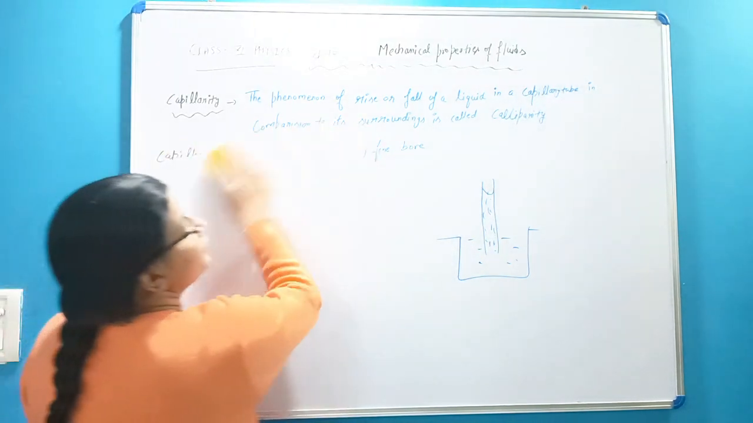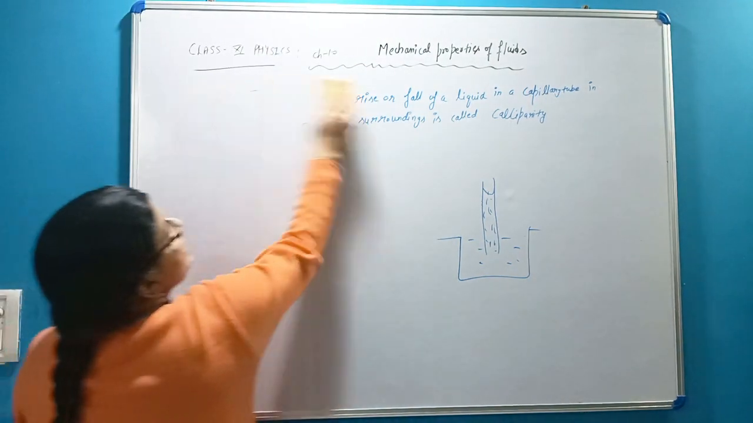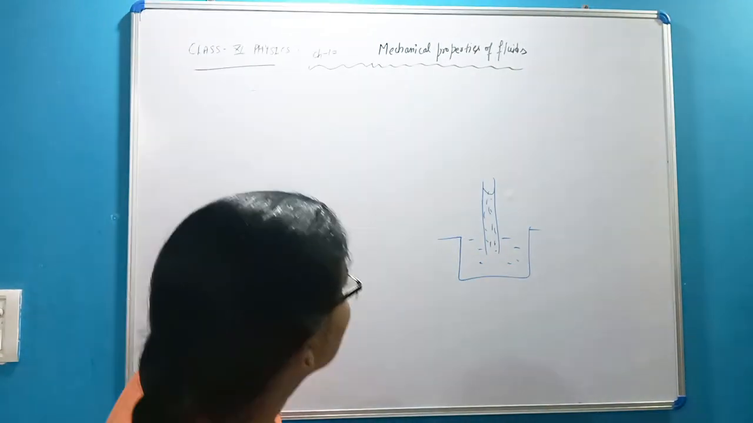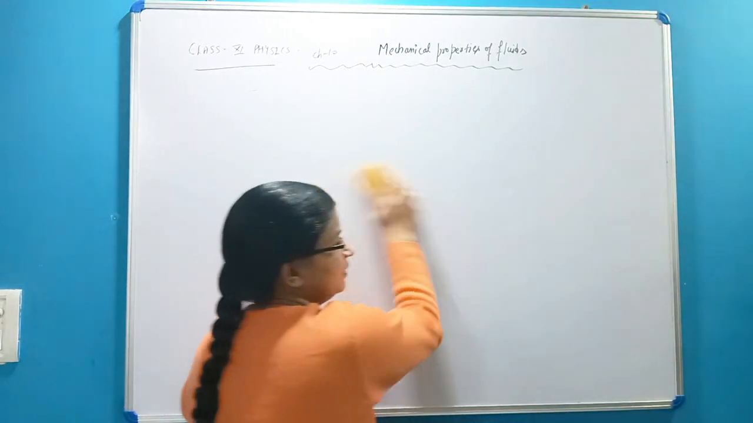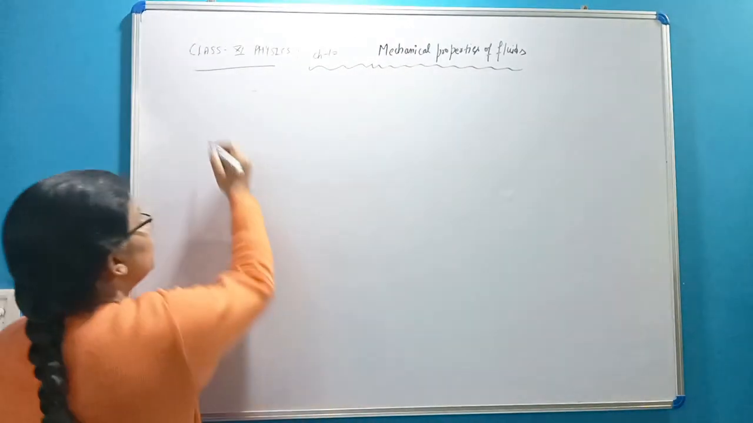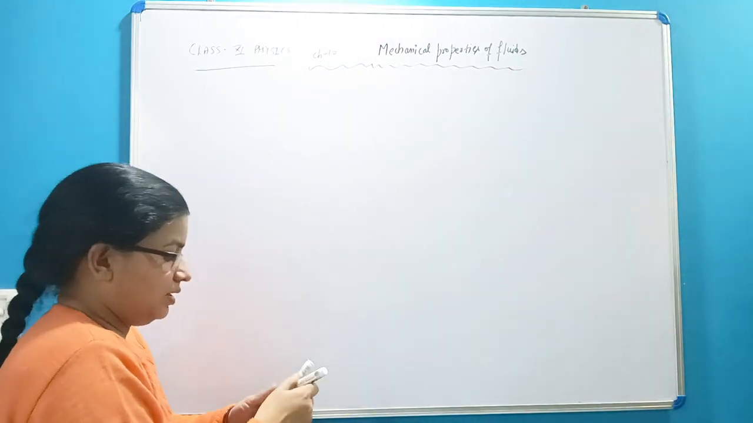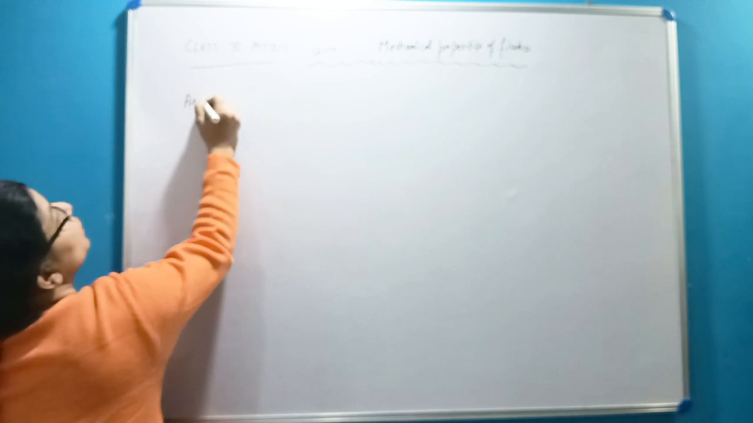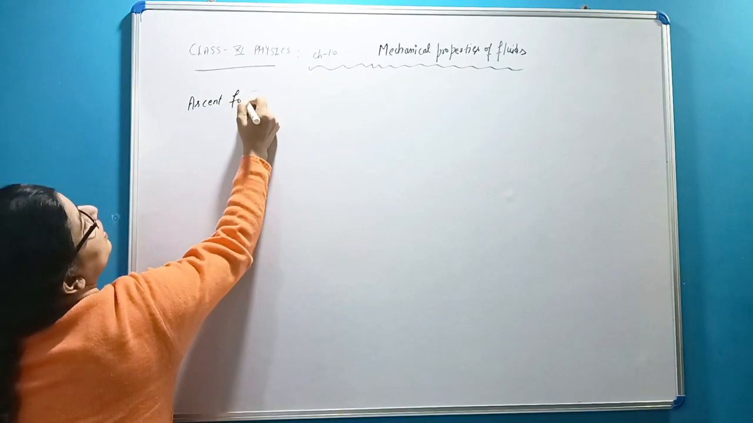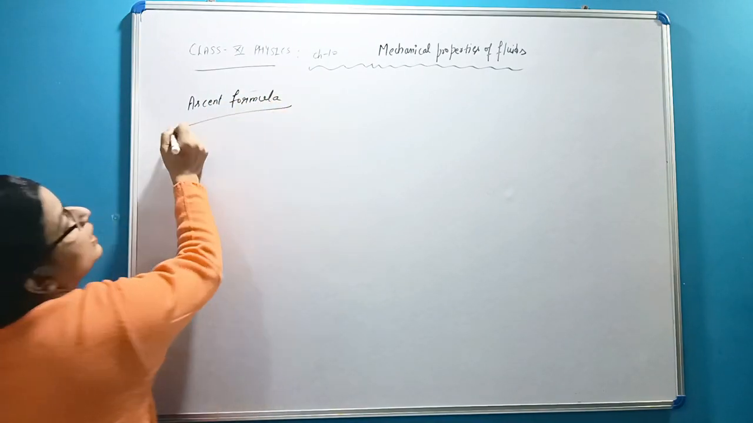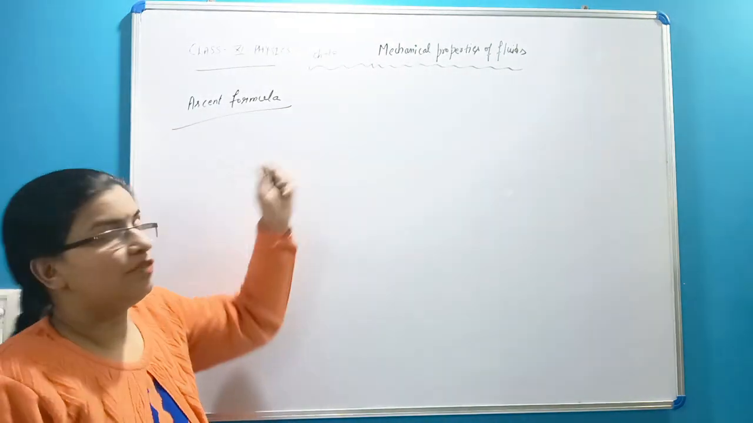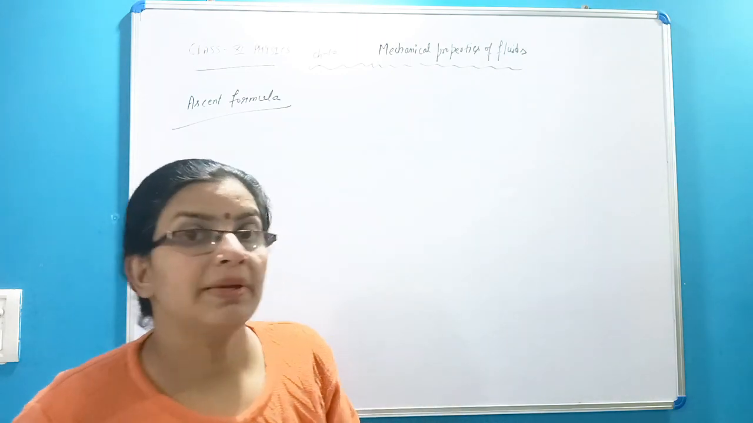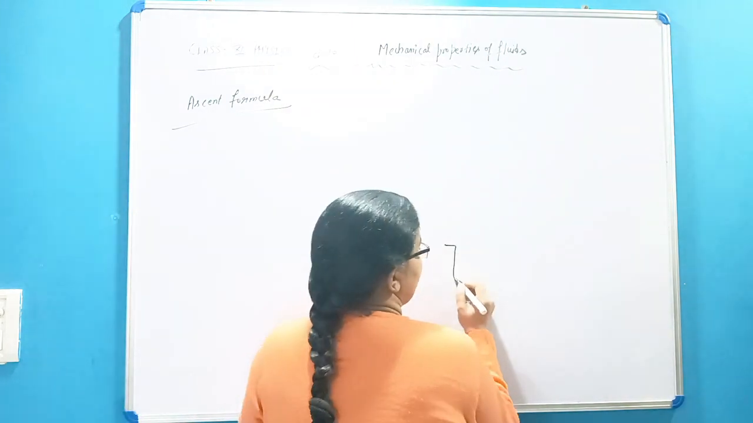When we talk about the ascent formula, this formula is basically used to find out the height attained by a liquid in a capillary tube. This is the formula which helps us find the height to which the liquid rises in a capillary tube. Suppose we have a container